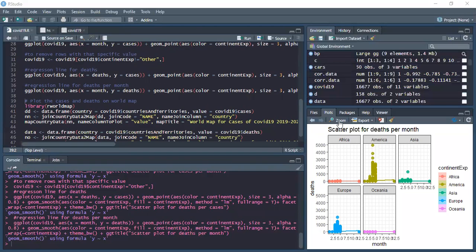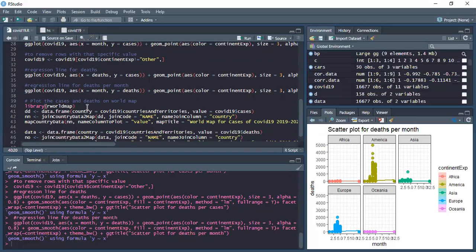Still, we can see that as the month was increasing, the deaths were also increasing. So it doesn't conclude much. But after that, we are going to plot the cases and deaths on the world map to better visualize on which basis the world was affected.